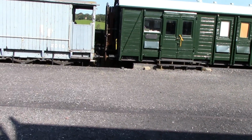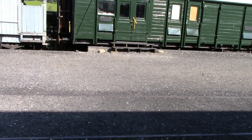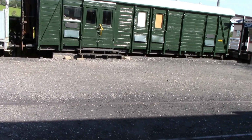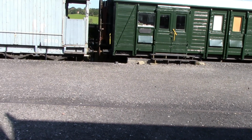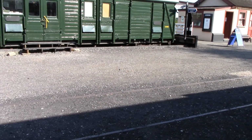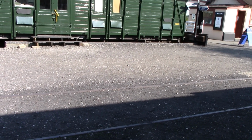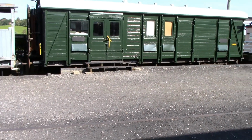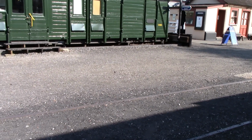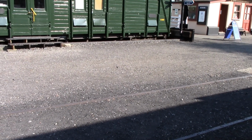So that's the tour of the station as it is now. You can see we have done a fair bit of work on it during the summer, and obviously we're pleased to welcome folk again. They're running, I should say this is September the 13th, I think it is, 2020. Wait a minute. Yes, the 13th. I lose track of what day it is. We're running Wednesdays, Saturdays and Sundays during September, and weekends in October,